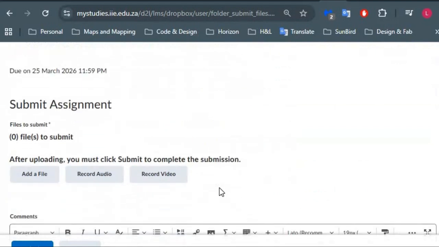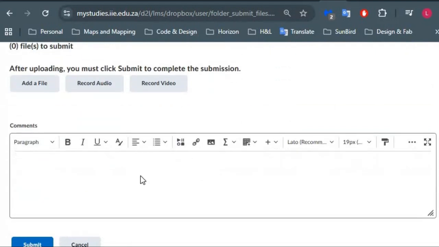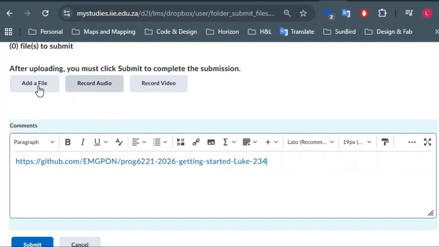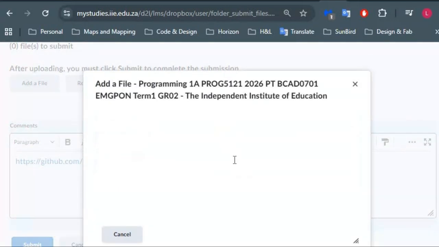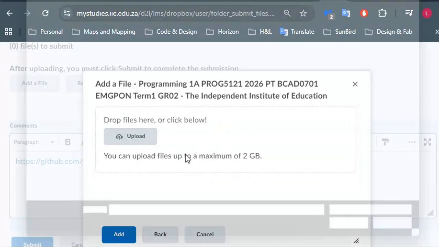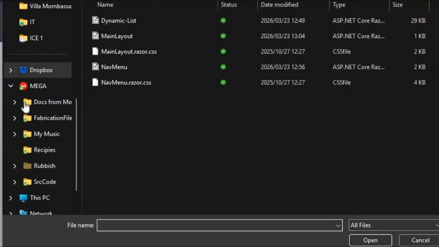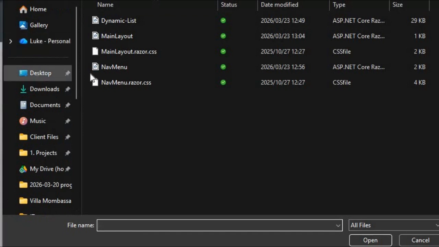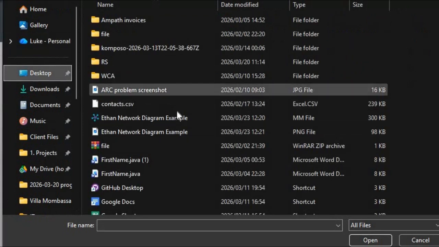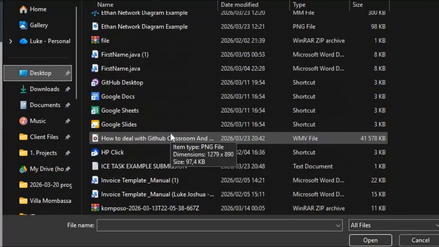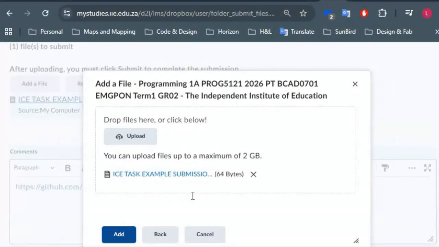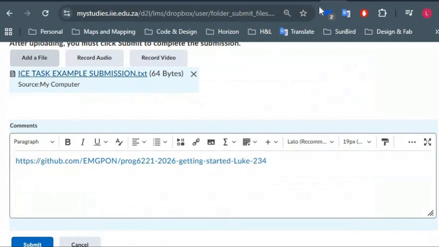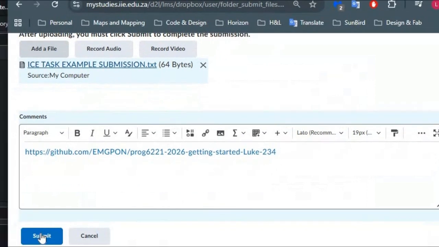Now here at the bottom where you submit, you're going to paste that link, and you're going to add a file. Go find that text file that you just saved. These are my code files. Desktop. ICE task example submission. Upload that, add, and then in the bottom here, you're just going to press submit, and